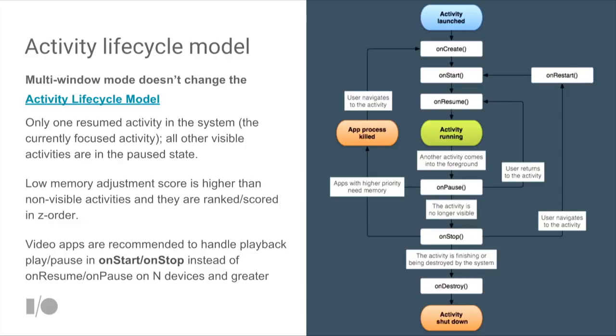There are several reasons we are keeping this model on Android, right? And one of the main reasons is, being in the resumed state is an important indicator to the system on what kind of resources an activity can acquire, because it has the highest importance score. For example, the camera service is a singleton resource, right? And the resumed activity is always guaranteed to get that resource compared to all other activities that are in the